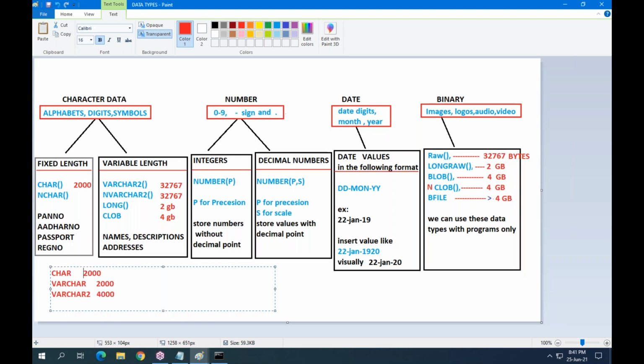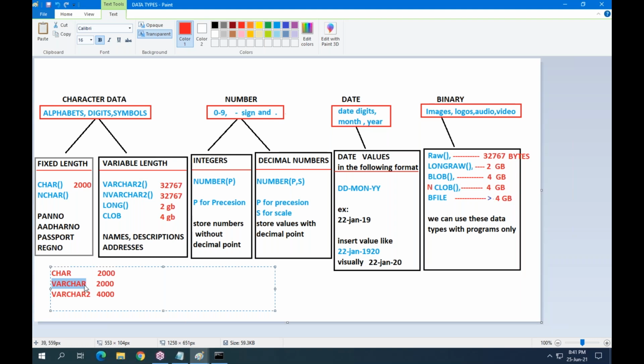Understand it properly. Here, so much information is there. This is the data type to store fixed length values, maximum size 2000. This data type is to store variable length values, maximum size 2000 characters only. Fixed length values, variable length values.